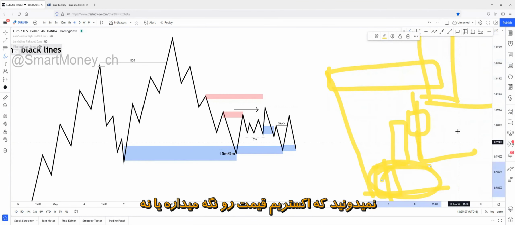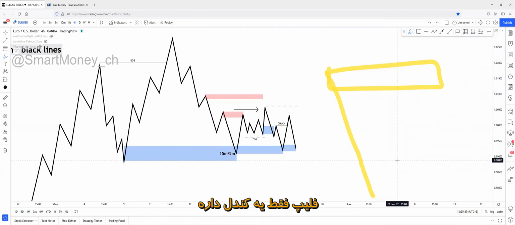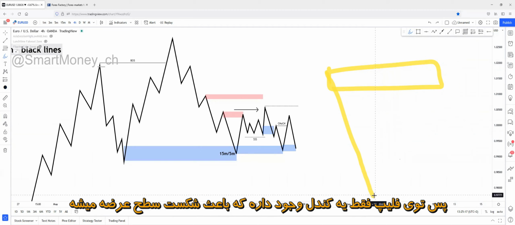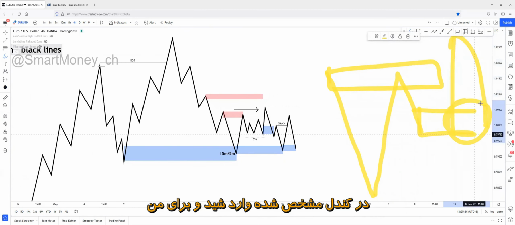And that's why I prefer flips over change of characters, because in flips, there will be only one candle that flips the overall supply zone or demand zone. So in a flip, there will be only one candle that has caused the inefficient break of this supply zone, and you'll be able to enter on that specific candle. And for me, flips are stronger